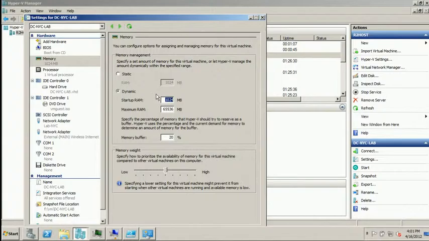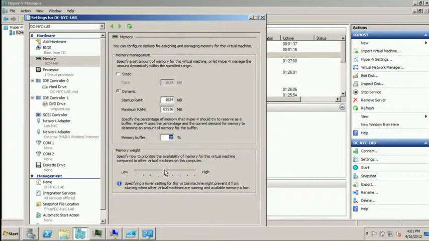In startup RAM or in dynamic mode, the startup means it can't go lower. It has to have at least that. It will always have at least that, or it will not start. And then your maximum can be whatever. Now, with your maximum, you want to be careful with this on your Exchange servers and your SQL servers because you know they'll take as much memory as you give them. So there's some other things that you probably need to know about this. And then you have a memory buffer that says, you know what, if I'm going to be swapping memory or changing memory all the time, how much of a buffer do I want to have before I go pay the cost of reprocessing or